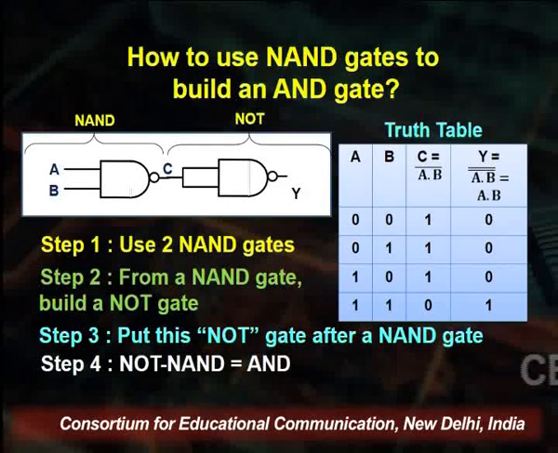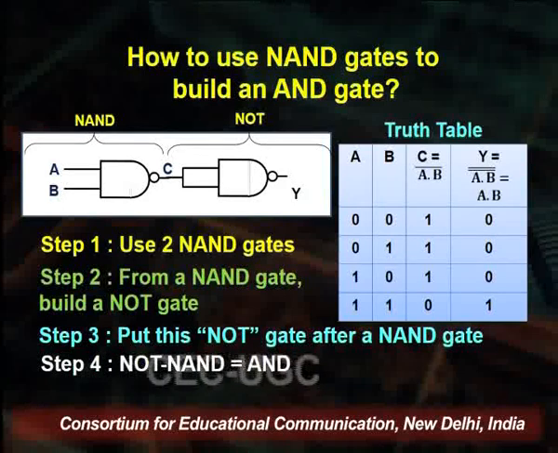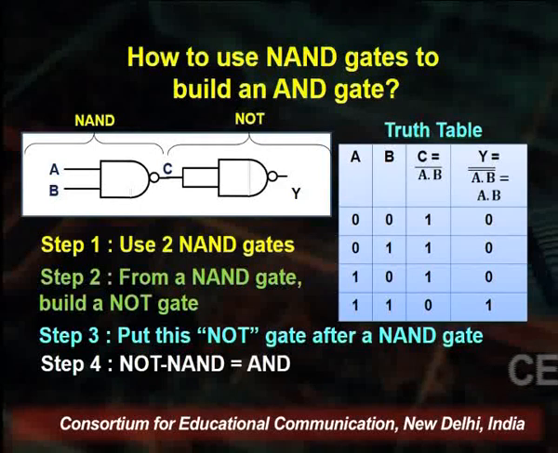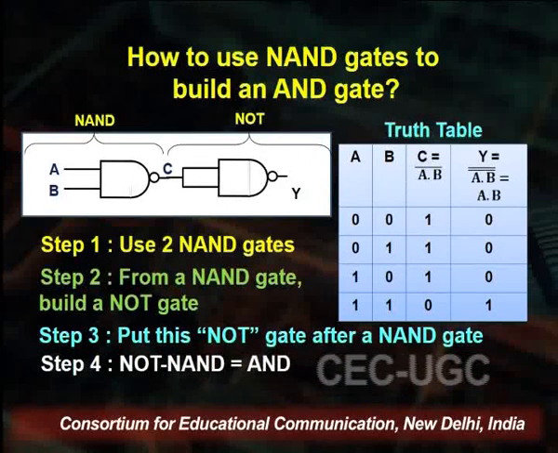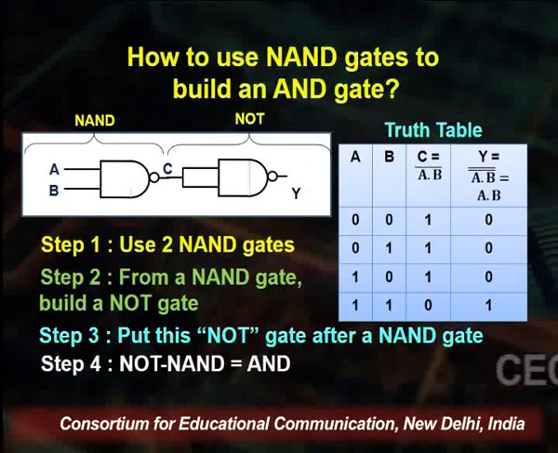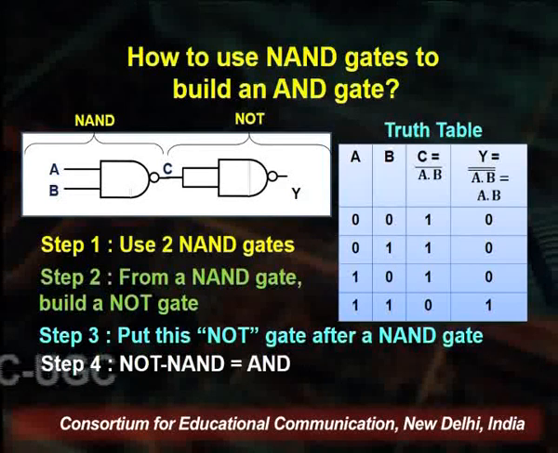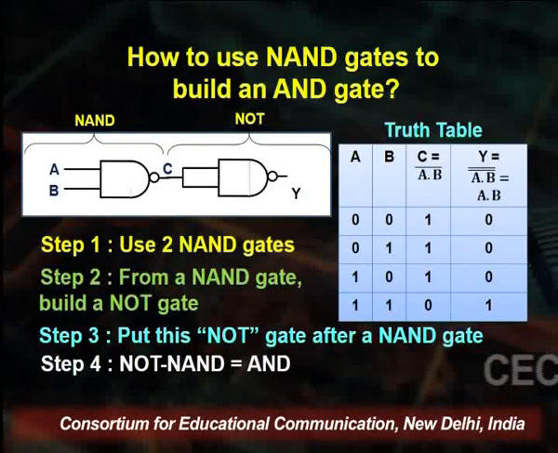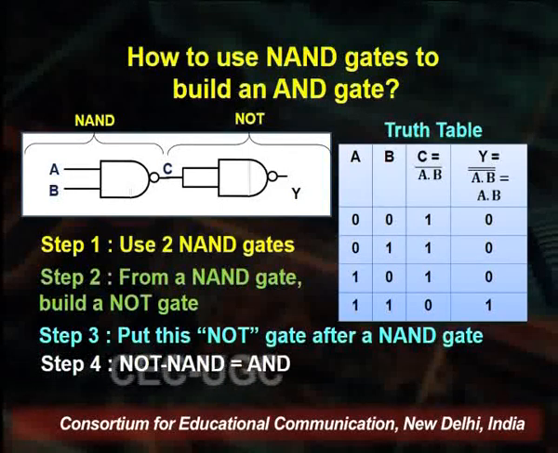It is seen that we have fixed here two NAND gates. The first NAND gate has the inputs A and B, whereas the next NAND gate, which is configured as a NOT gate, has the inputs shorted. The NAND gate configured as NOT gate is fixed in front of the NAND gate. So, whatever is the output of the first NAND gate is the input of the second NAND gate.